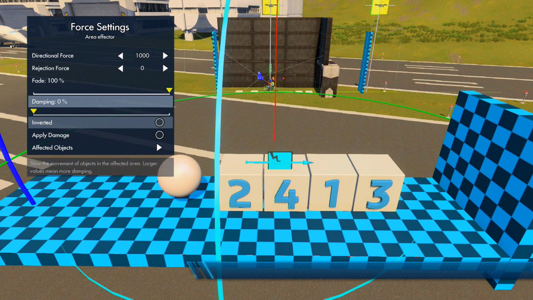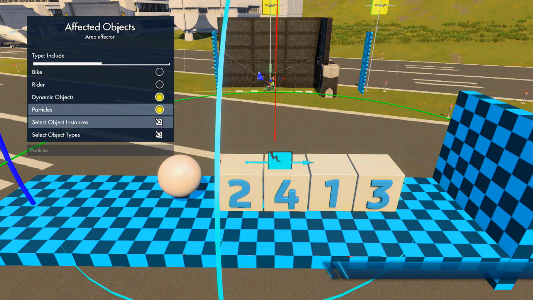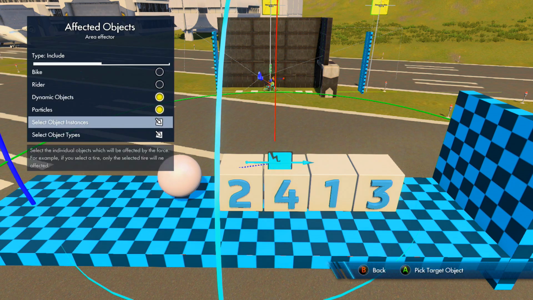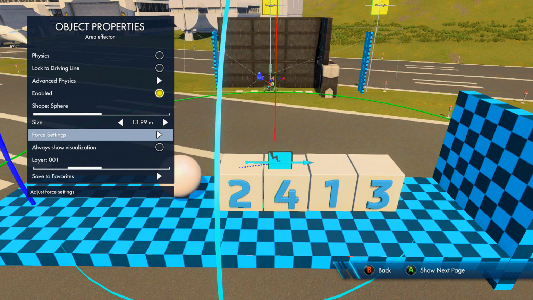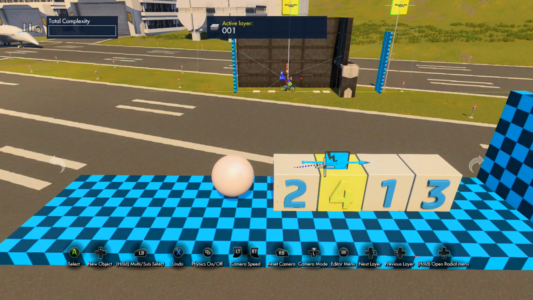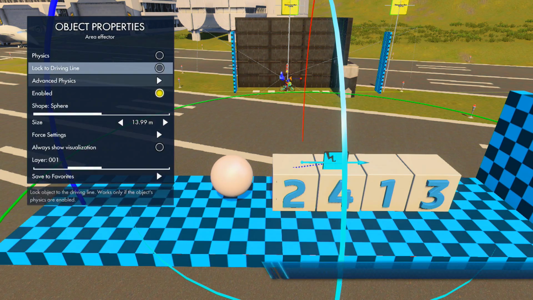We're going to use 1,000 meters first to see what happens. We're going to take off bike and rider and use dynamic objects. And we're also going to say object instances as a precaution. Okay, it's always going to be physically enabled. Okay, looks like it's running smooth. Let's turn up the velocity meter on our